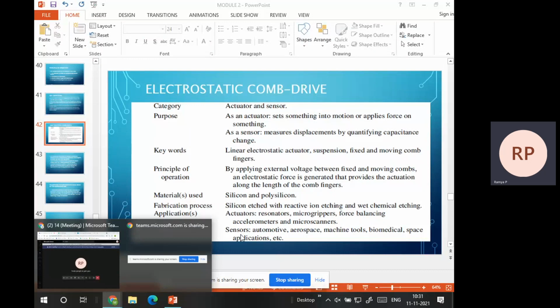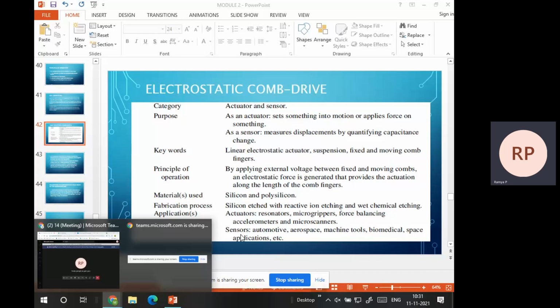As an actuator means, if you want to have a mechanical movement, suppose I just apply some voltage. This is a mechanical movement or the displacement. If it has to take place, then we use this electrostatic comb drive, wherein the driver consumes whatever amount of voltage is required for the exact displacement that has to take place. You can just program it and leave it as such.